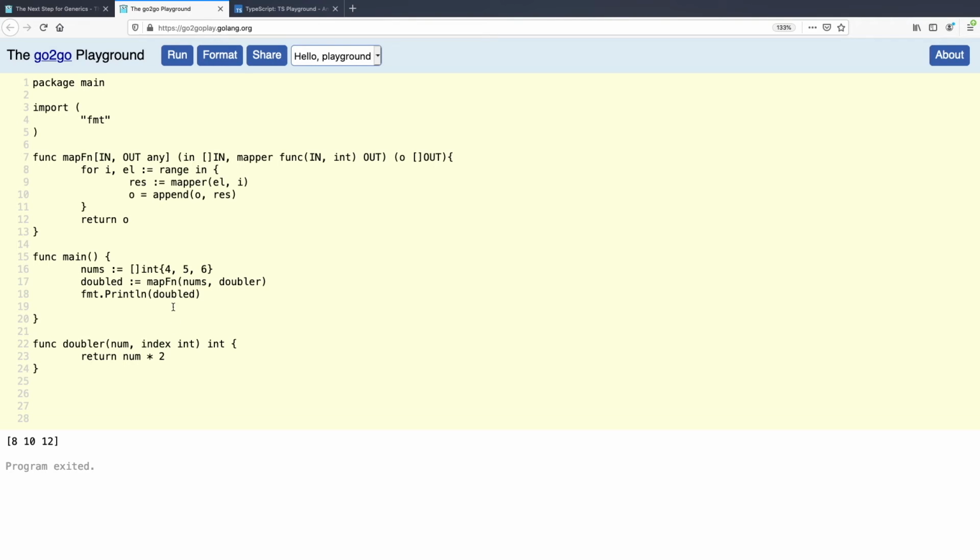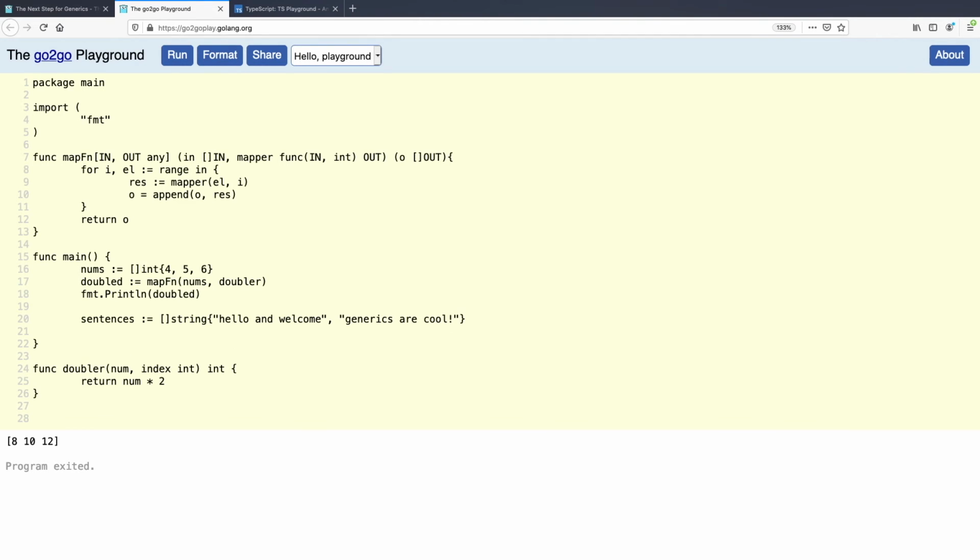But to prove that this is generic, let's think of another one. For example, imagine we have an array of sentences. So let's say we have an array of hello and welcome, generics are cool. So we have an array of phrases. And now we want to get the length of each one.